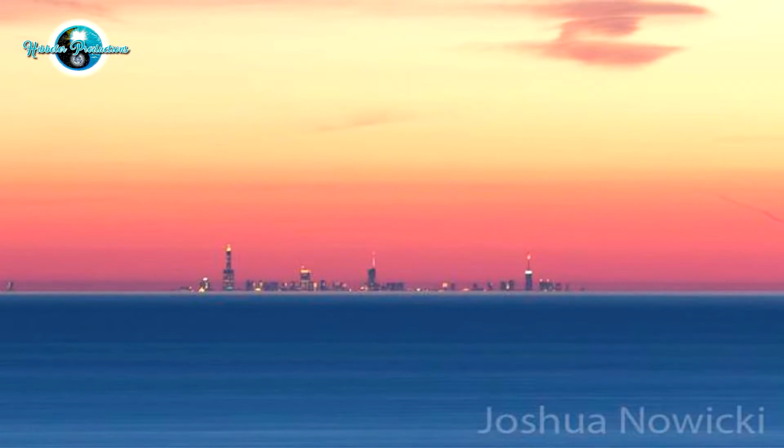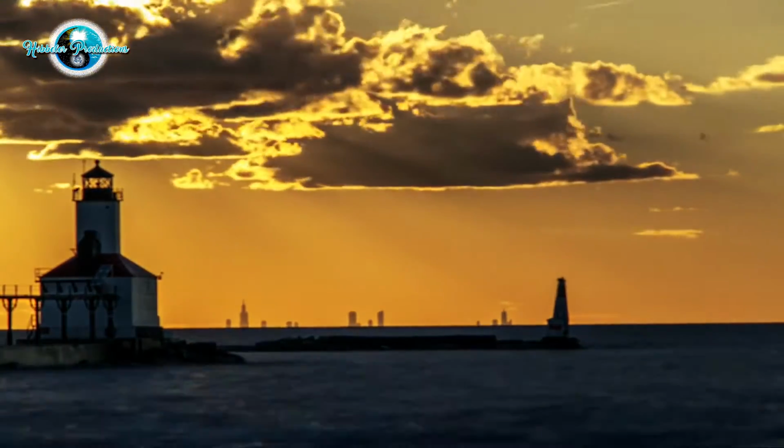Took a picture across the Great Lakes from Michigan and was able to see, I believe it's Chicago, which he shouldn't have been able to see. And